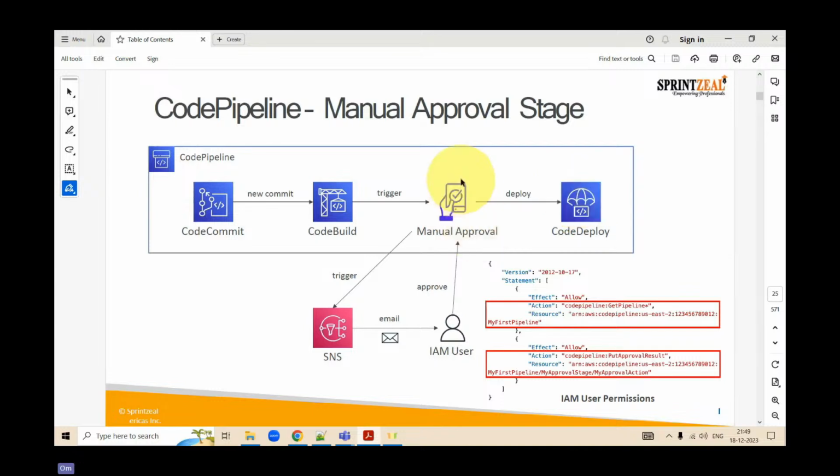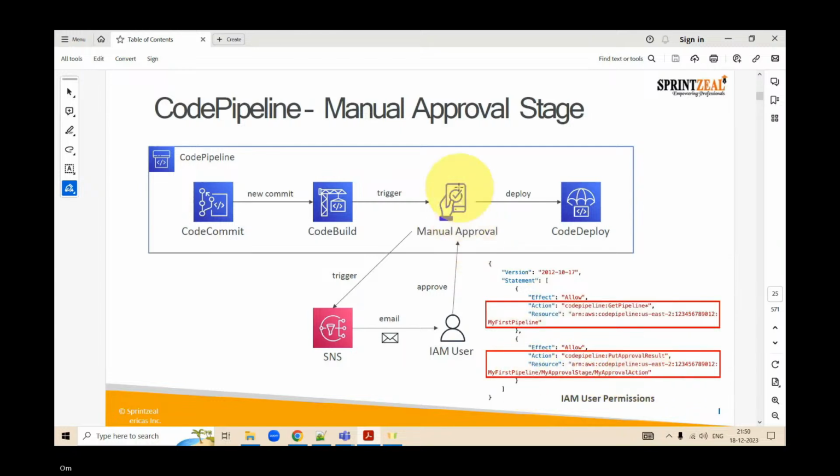That is why it is always recommended that at some point of time, you should have a manual approval as well. Maybe through an email, or through a user. Whenever it asks for a manual approval, you can set up an IAM user permission that says allow CodePipeline GetPipeline on this pipeline, and allow the manual approval action.